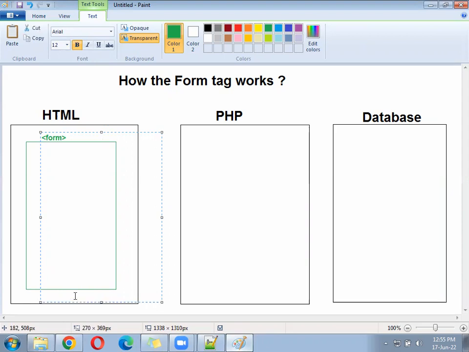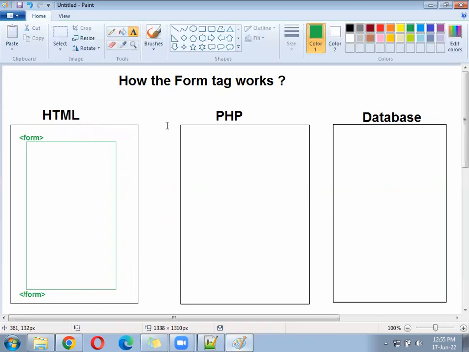So that is form tag open and form tag closed. Now in this form tag,